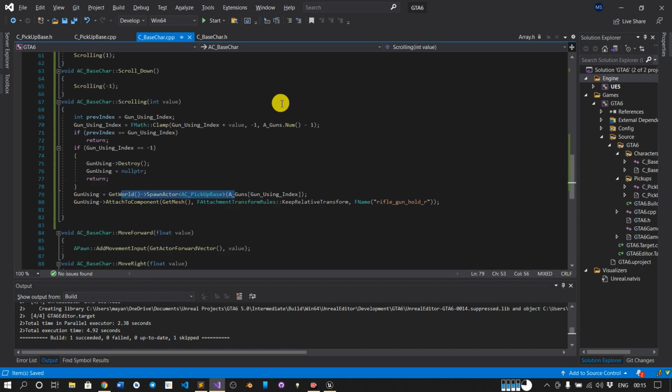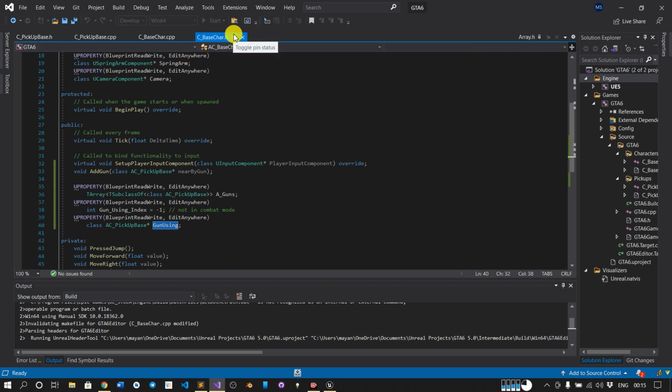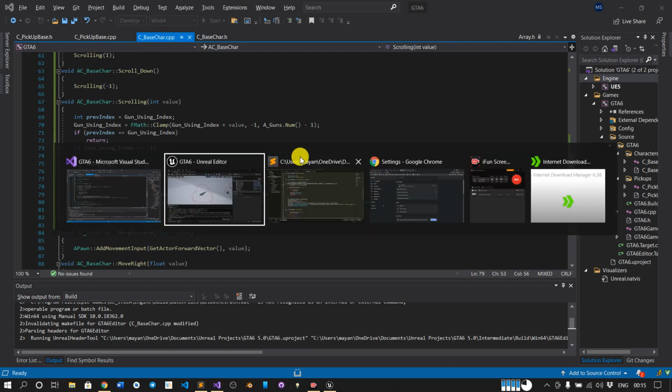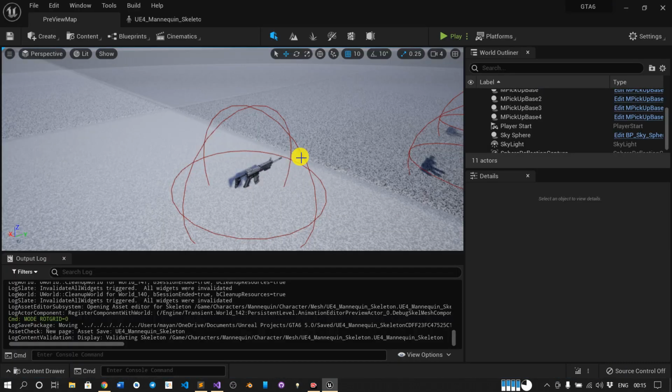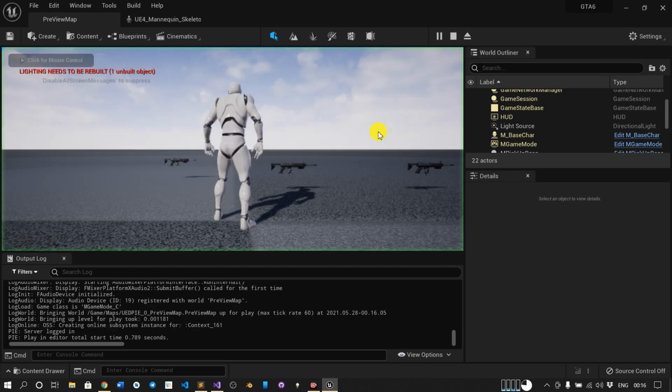So let's see if it is working or not. Control Shift B. I don't think we have made any changes in the header file. Let's check if it will work or not. Okay, build succeeded. Let's click play and check.